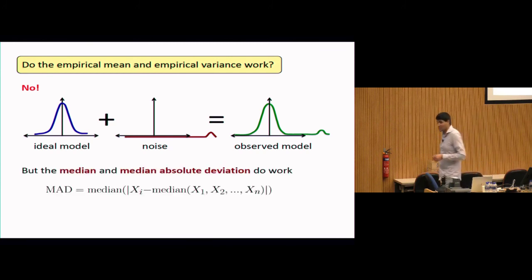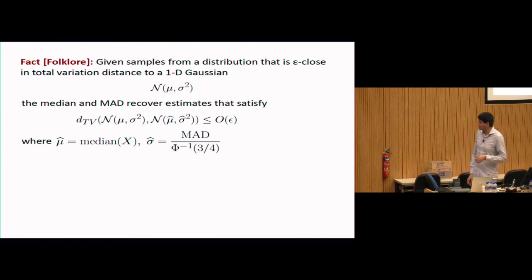One of my favorites is, well, if the median worked one time, just use it twice. So take a median of medians. So you take your data, you compute the median of them, and for each one, you look at the absolute value of the distance of the sample to the median, and you take the median of all of those distances. That's called the median absolute deviation, but there are all kinds of things like using truncation and Huber losses and what have you.